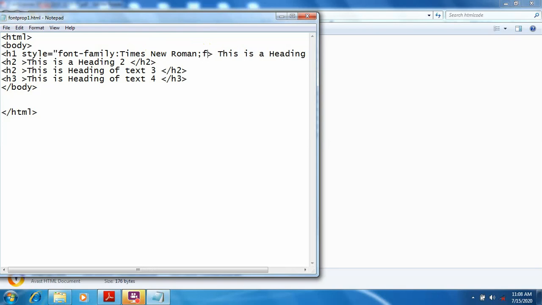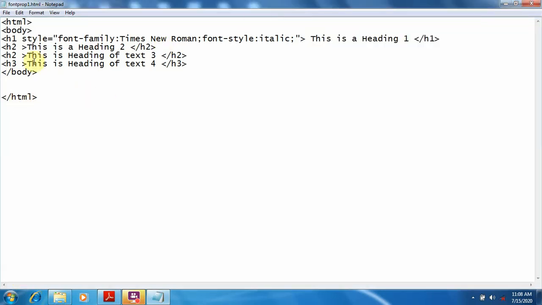Then apply another property. I am applying font style. Let's apply font style, take any style like italic, normal, bold. I am taking italic style. Now close the inverted commas. Okay, now next, in H2 take any style, inverted commas.